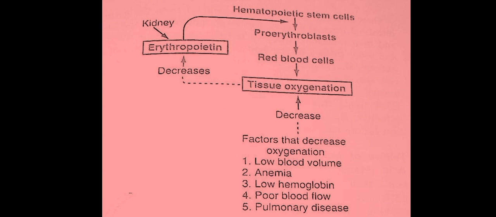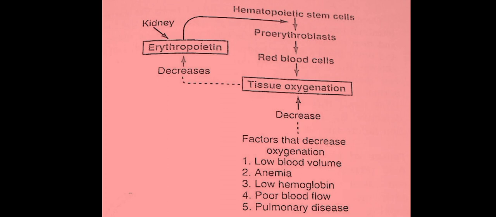The physiological condition is that, see, when there is a decrease in the tissue oxygenation, this flowchart is starting from the bottom line. Just try to find the tissue oxygenation. So when there is a decrease in the tissue oxygenation, it means the tissues are getting less oxygen, or there may be a hypoxic condition, or the environmental oxygen is less. All these conditions trigger the